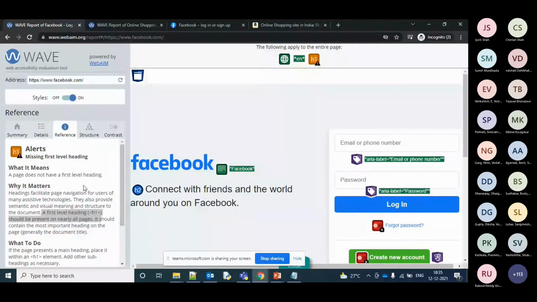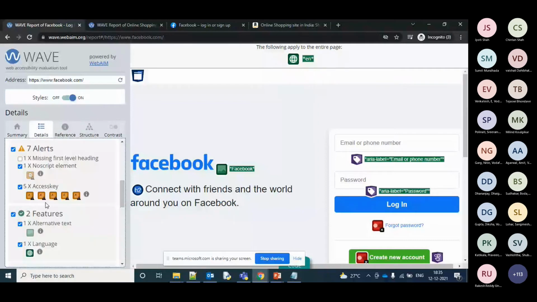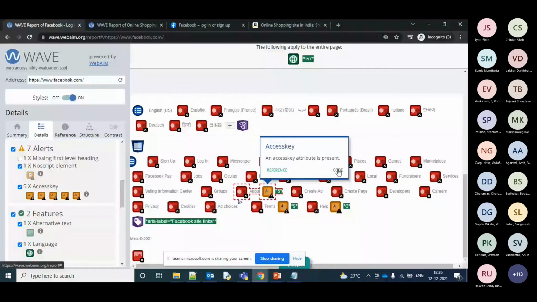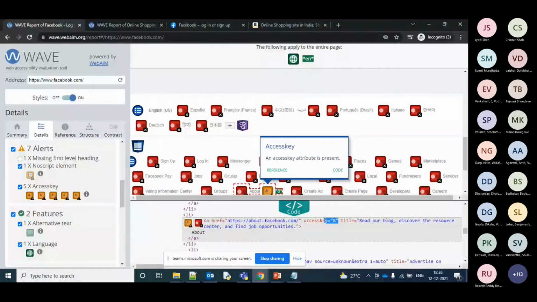So let me look at other warnings. Missing H1 and accessible keys. They have mentioned some accessible keys as 8. These things should also not be left blank. Leaving something blank or with inappropriate contents will also be a warning.